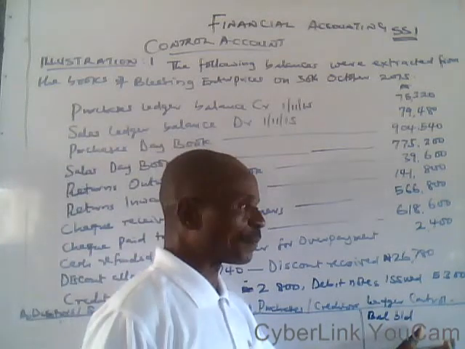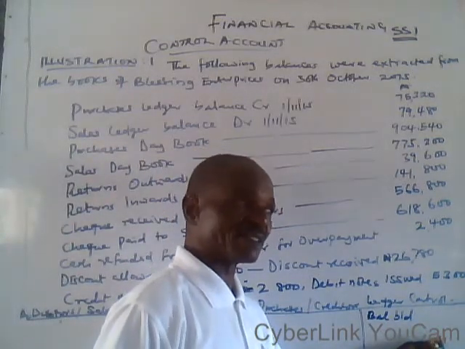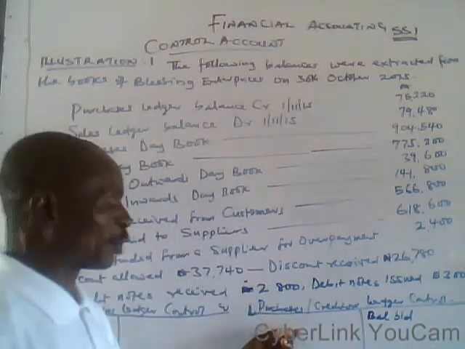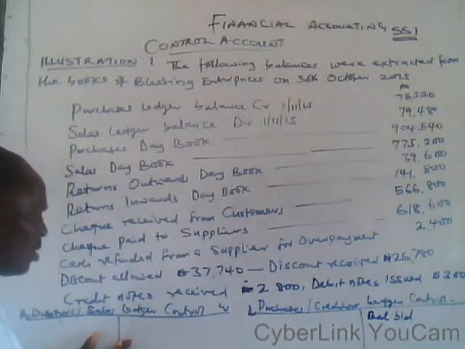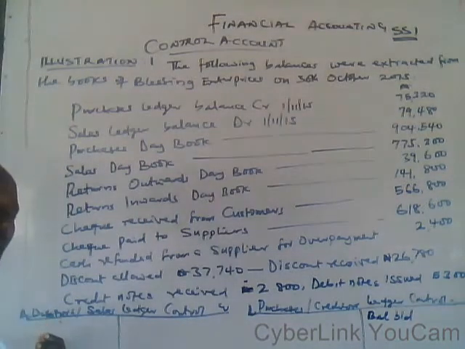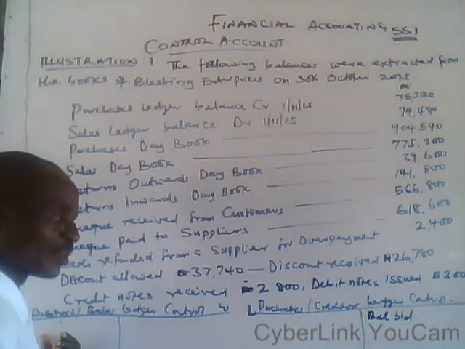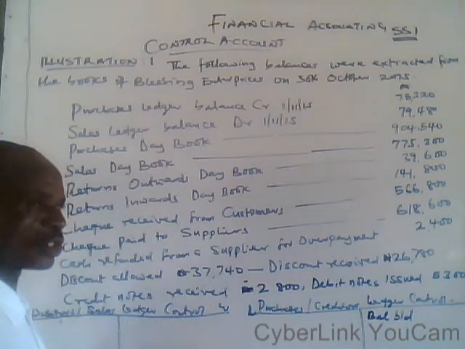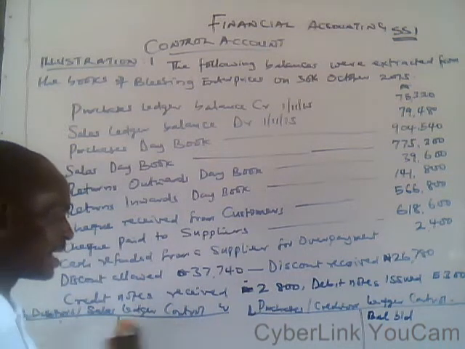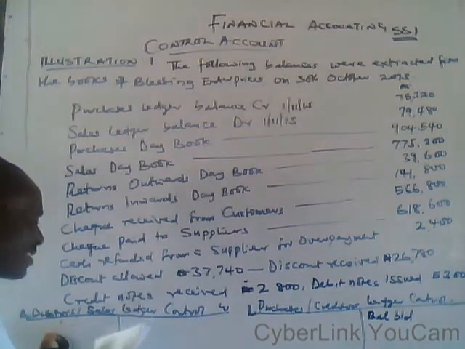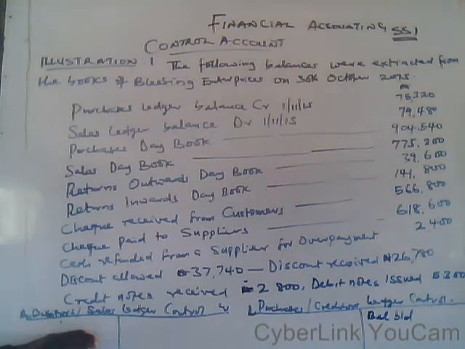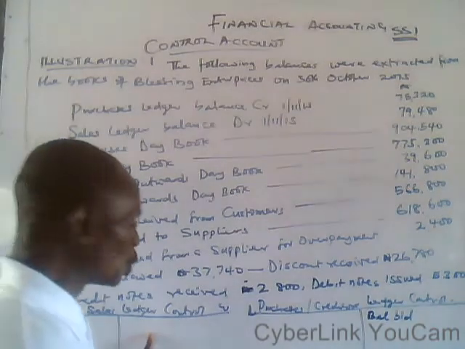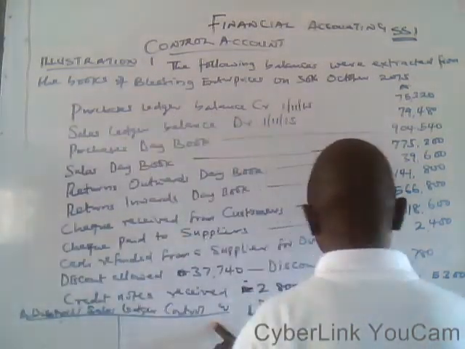Therefore, if you have purchases on the credit side of this purchase ledger control account, return outwards must be on the opposite side. The same thing is applicable to the sales ledger control account. If you have sales on the debit side of the sales ledger control account, return inwards must be posted against the sales ledger control account. If you have the credit sales figure on this debit side of the sales ledger control account, return inwards must be transferred or posted to the credit side of the debtors or sales ledger